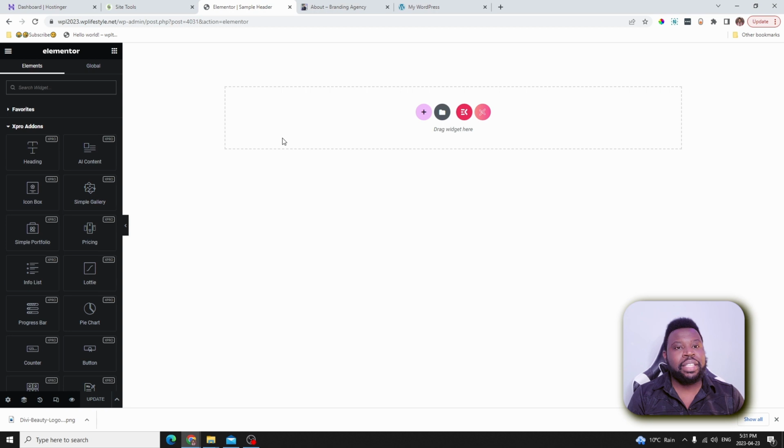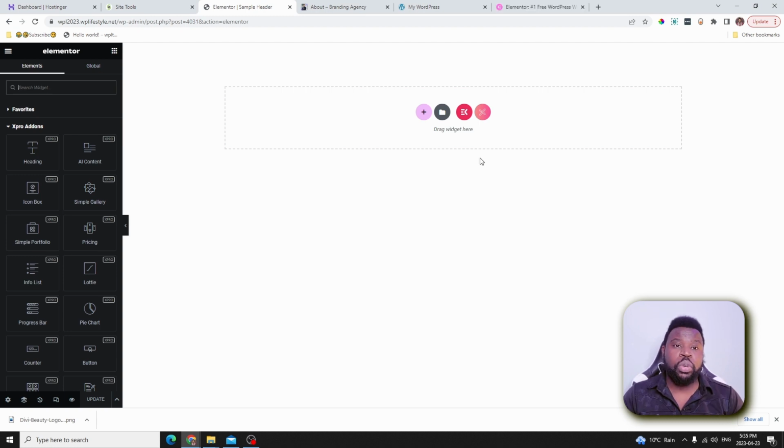So to start the layout for your header, you need to decide what you're going to include in that header. For example, if you're going to have a button, if you're going to have a menu and then have a logo. So once you decide everything that you're going to include in the header, then you will know the kind of layout that you're going to use to achieve that. So maybe you can sketch out what your header is going to look like. Then you can follow that sketch to create the layout of your header, so it will be a lot easier for you to add content or elements inside that layout.